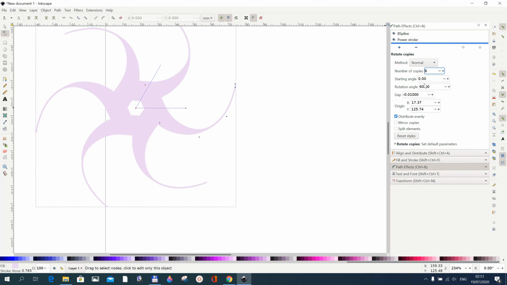Okay, you can put a starting angle, you can put the rotation angle. This is rotating in 60 degrees, and the gap you can also put, and then you can say whether it should be distributed evenly. I prefer it to be distributed evenly. If you've done something here and you want to go to the original state of when the program was installed, then you go to reset style. So this is how you can use